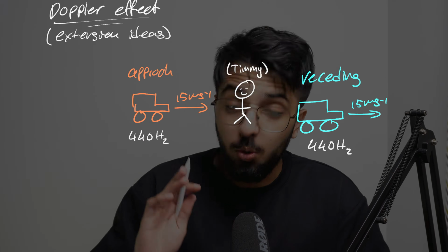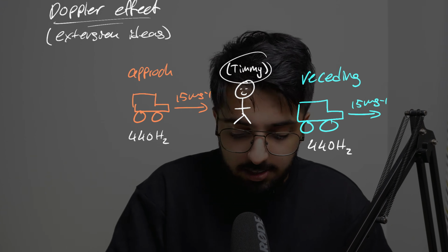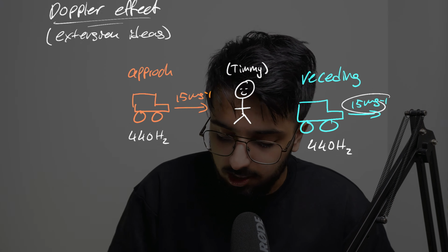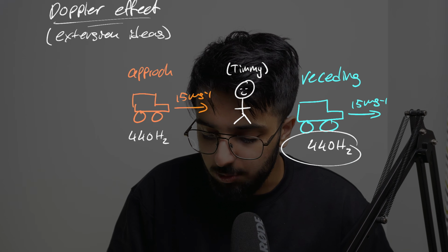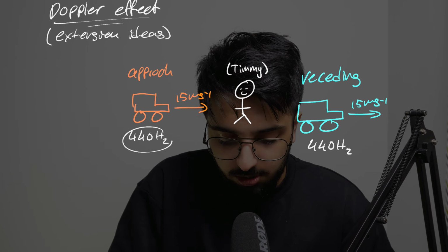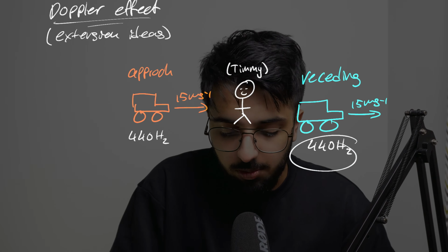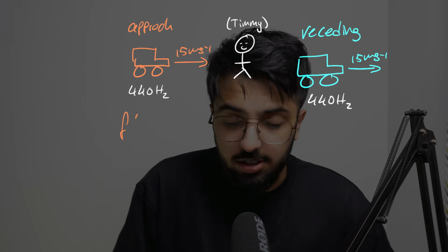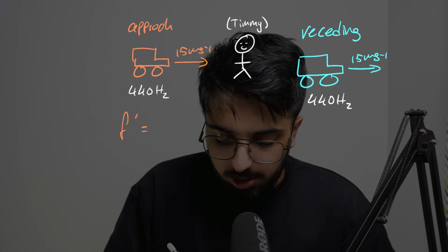and it's moving towards a person. The guy's name is Timmy, and the car recedes from Timmy, again moving at 15 meters per second and still producing a frequency of 440 hertz. So on approach it produces 440 hertz and then it continues that constant frequency when it's receding. Just a rough estimate, we can say that the change in frequency that Timmy hears when the car is